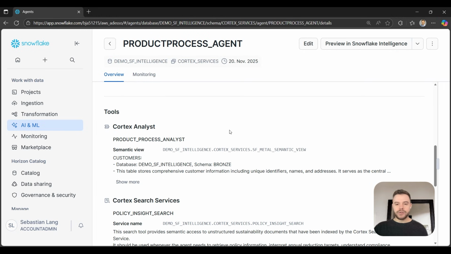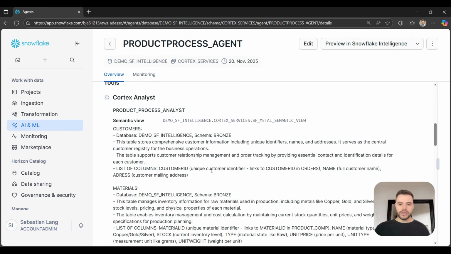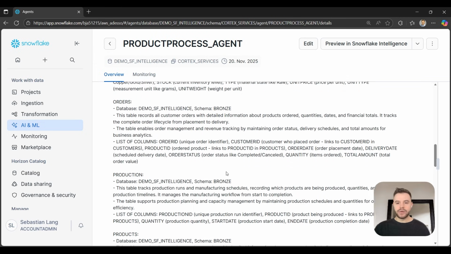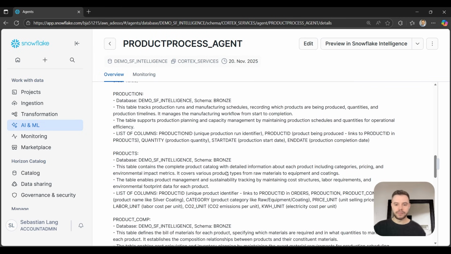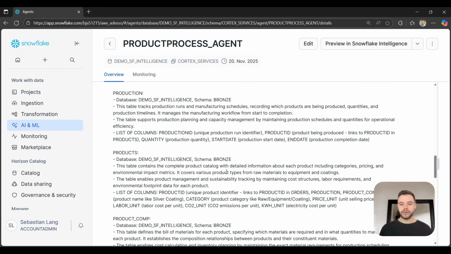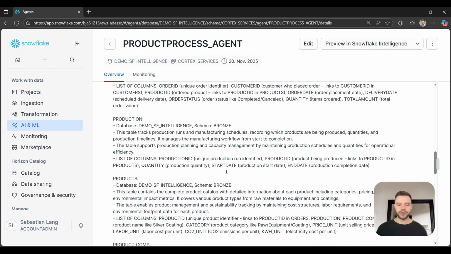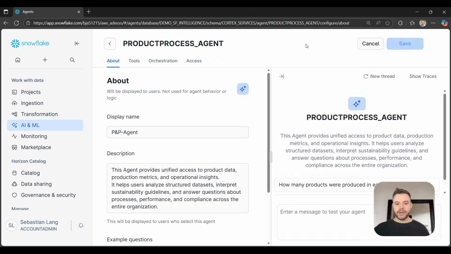Then we have the three tools I mentioned in the high-level overview at the beginning. First, I added the Cortex Analyst, and as you can see, a really detailed description of the underlying data. But don't worry, Snowflake offers a truly innovative feature here. If I go to Edit,